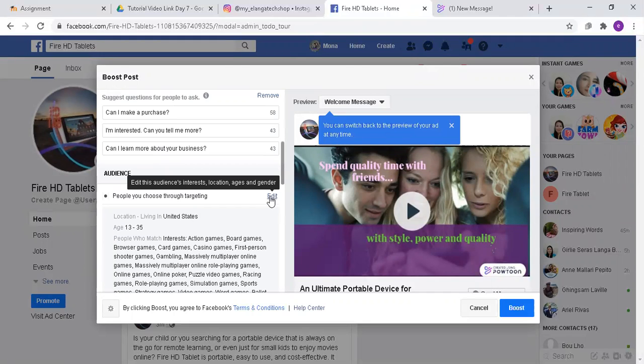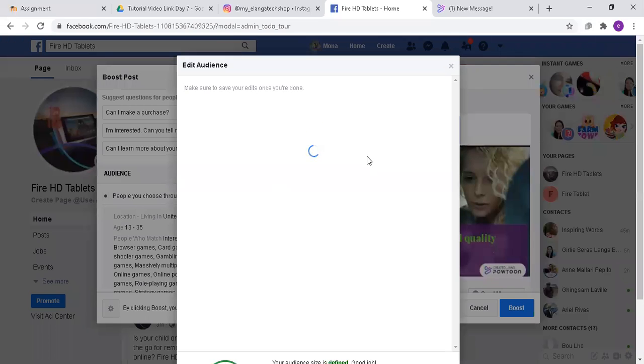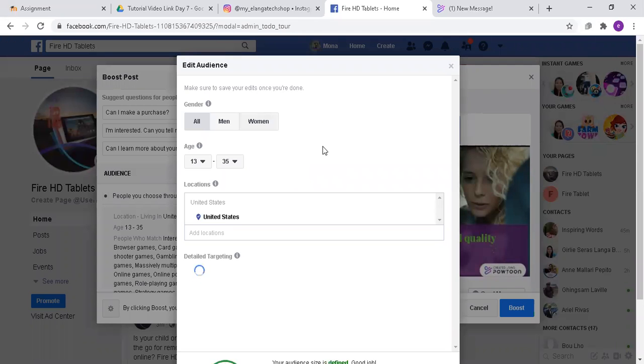You can click on the edit button, and first you can choose whether it's all genders, or you can choose just men or women. For this post, I can choose all types of gender. Okay.